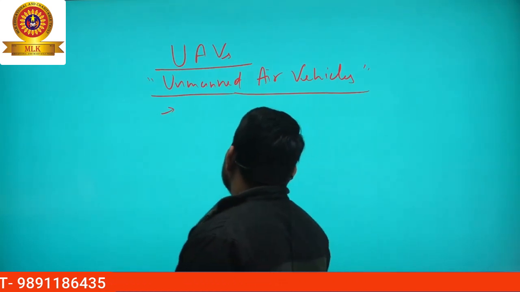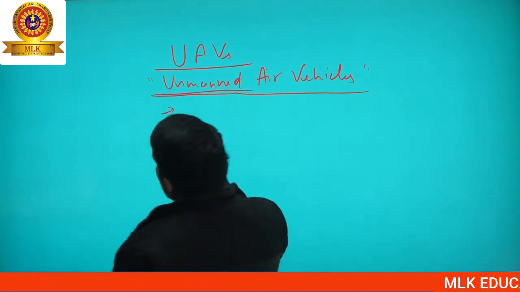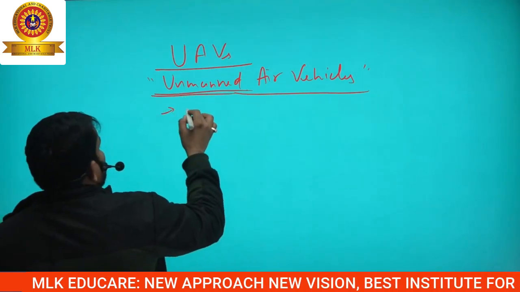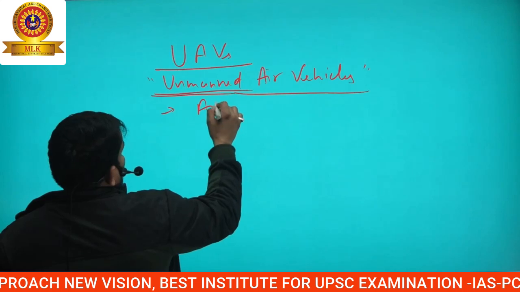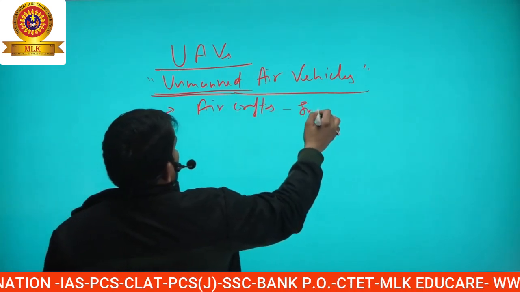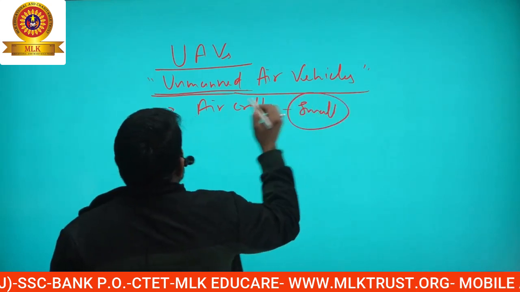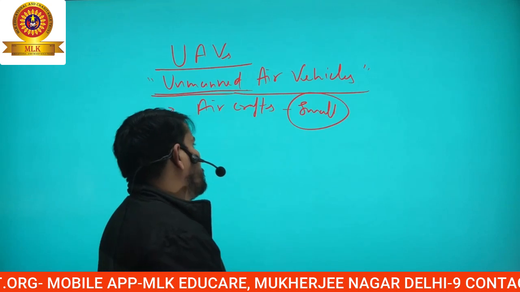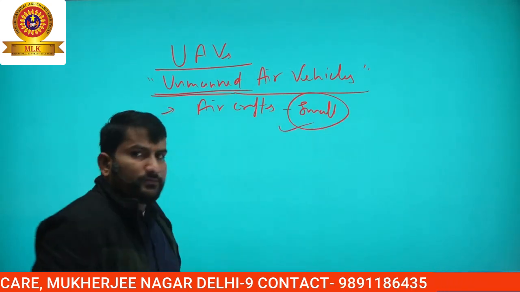So unmanned means there is no man. In many cases this just looks like an aircraft, like a small aircraft, but today it is also available in several types of